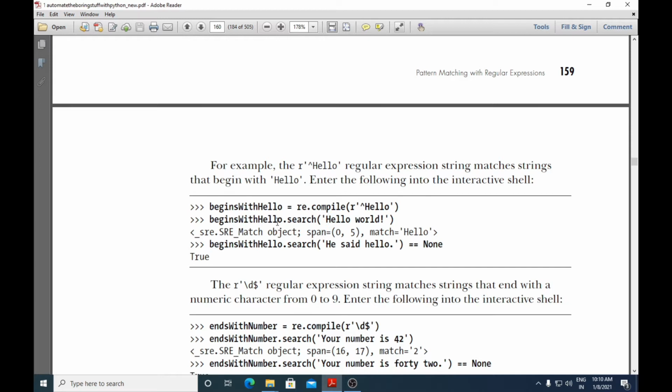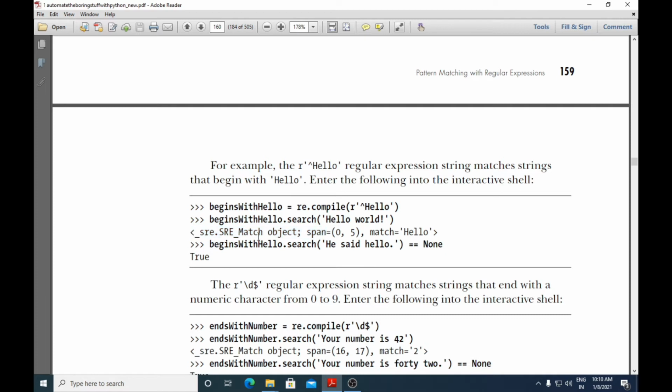As you know, the search method returns a match object. Here the match object is not assigned to anything, so when you give only this particular line, a comment appears.